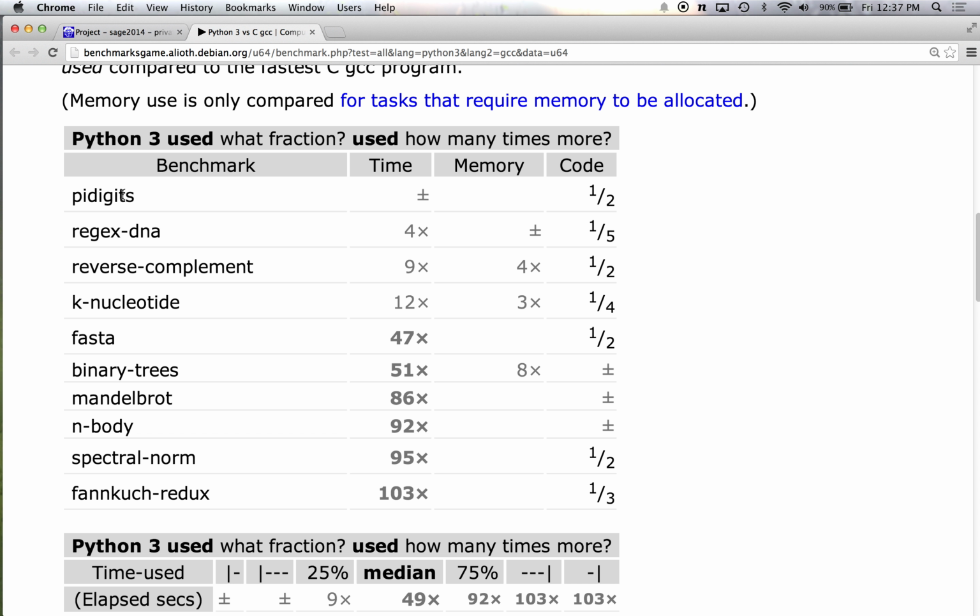So for example, they have something they call digits of pi. The Python program and the C program are almost the same speed. They have another one called binary trees. The Python program is 51 times as long. It takes 50 times as long for the Python program as for the C program to run.